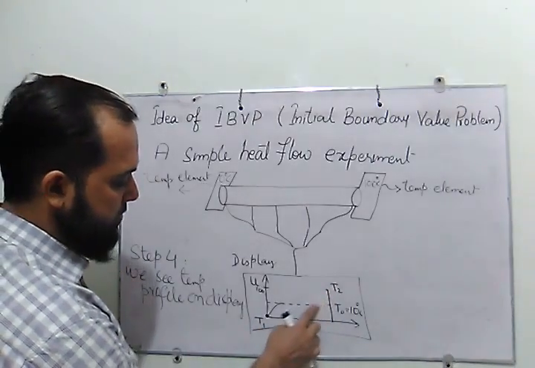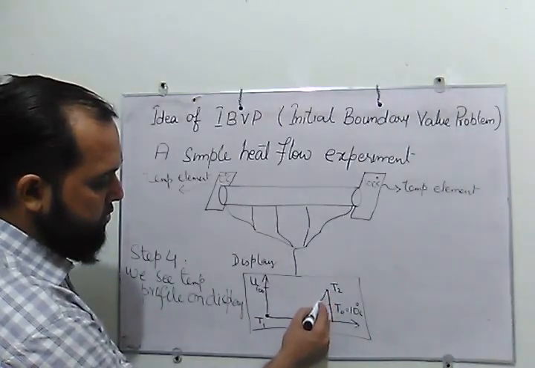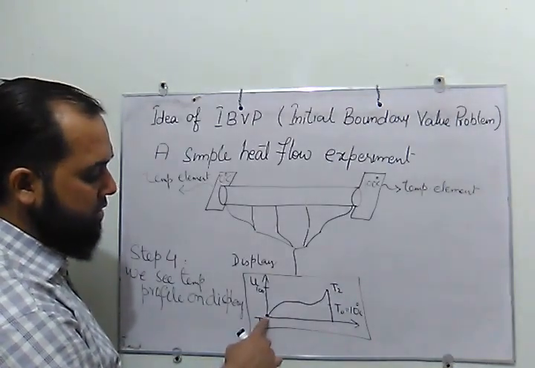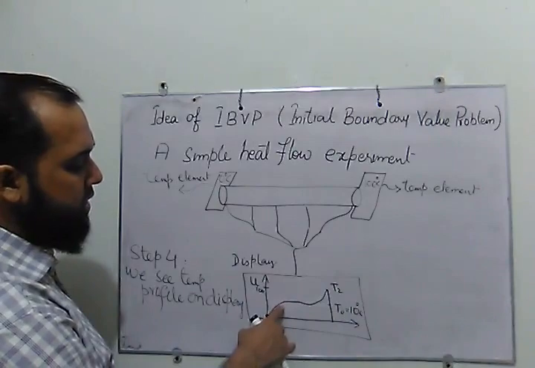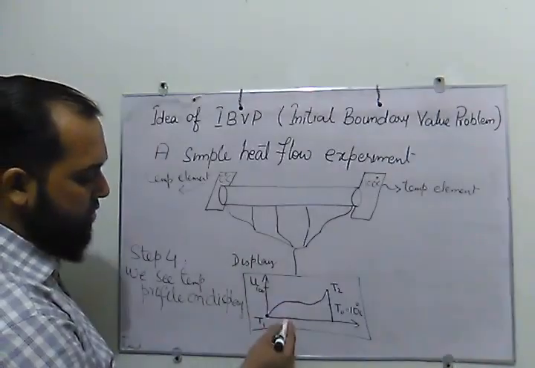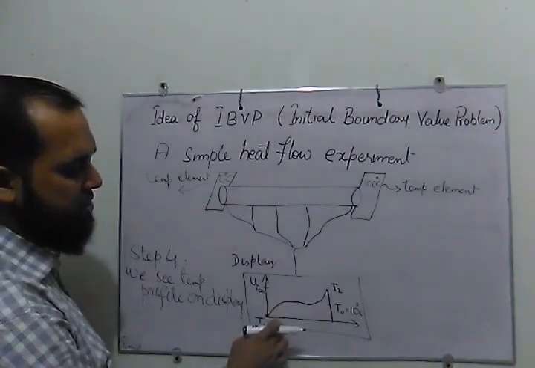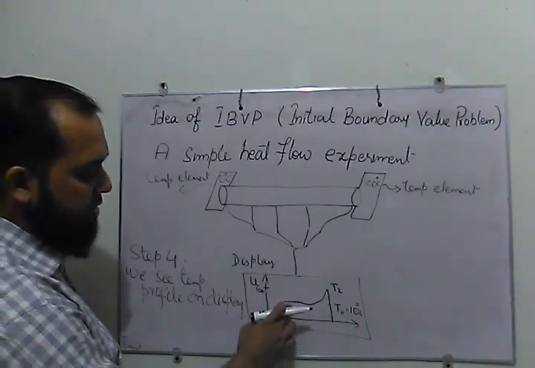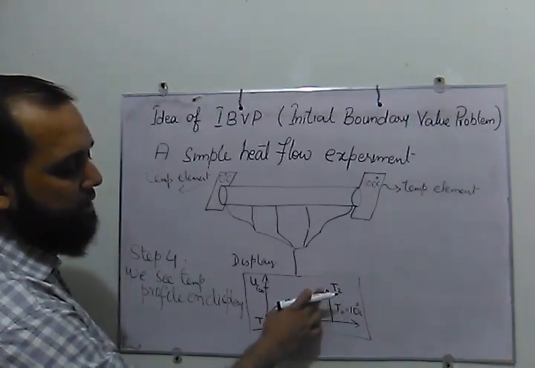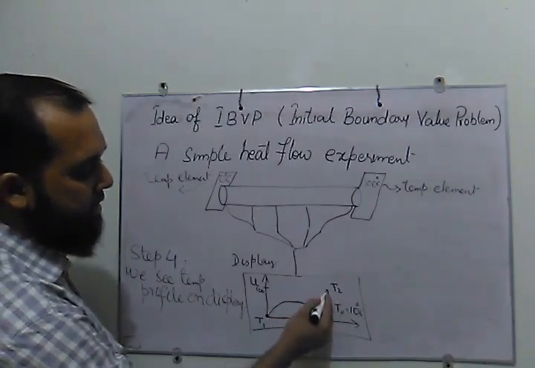So we will see the temperature profile change from the straight line to something like this. At one end it is 0 degrees centigrade, but when it comes near the 10 degrees centigrade, there is an increase in temperature from 0 to 10. So this portion of the rod will have some greater temperature than 0 degrees centigrade, but less than 10 degrees centigrade. Then after this point, the rod has 10 degrees centigrade, but near the other end, the temperature rises from 10 to 100 degrees centigrade, and it is something like this.